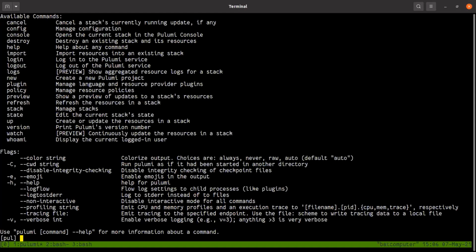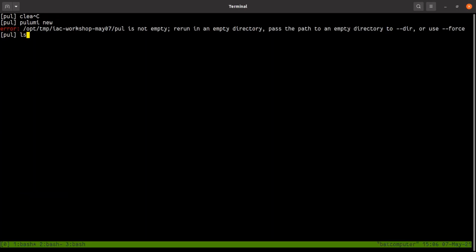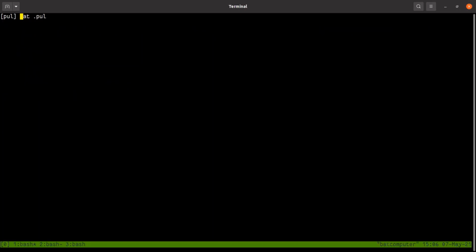So there are a few options here. You need to log in. So you type pulumi new. Oops. Okay, it doesn't like this. Oh, okay, so it doesn't like the directory not empty. Okay, so you go new,